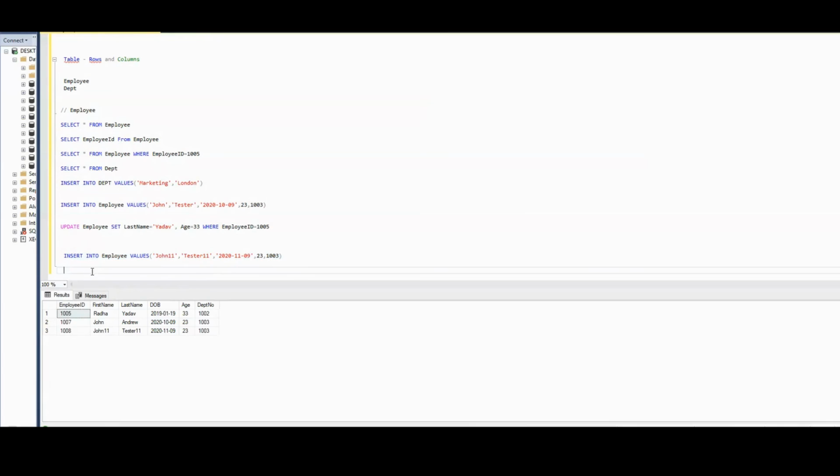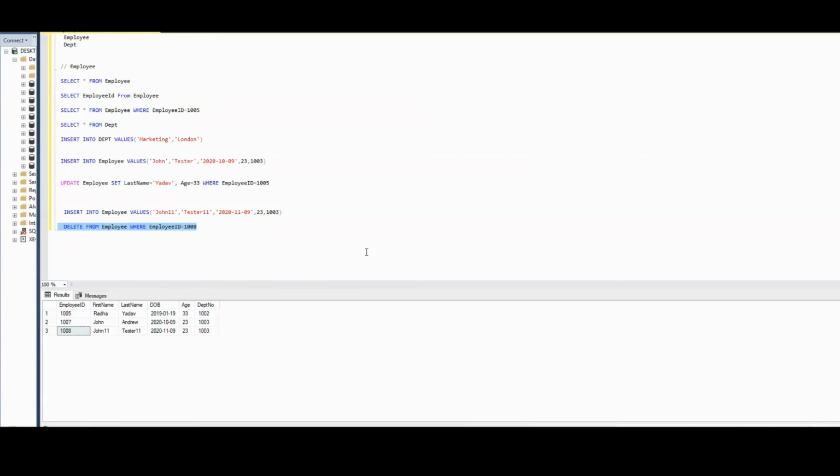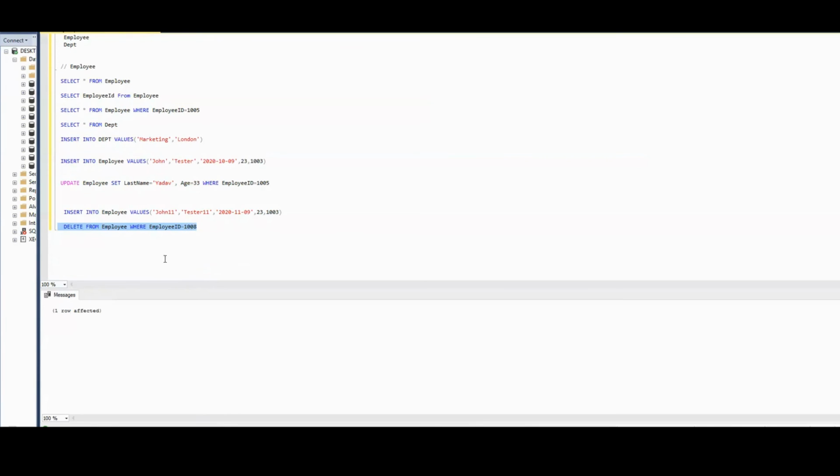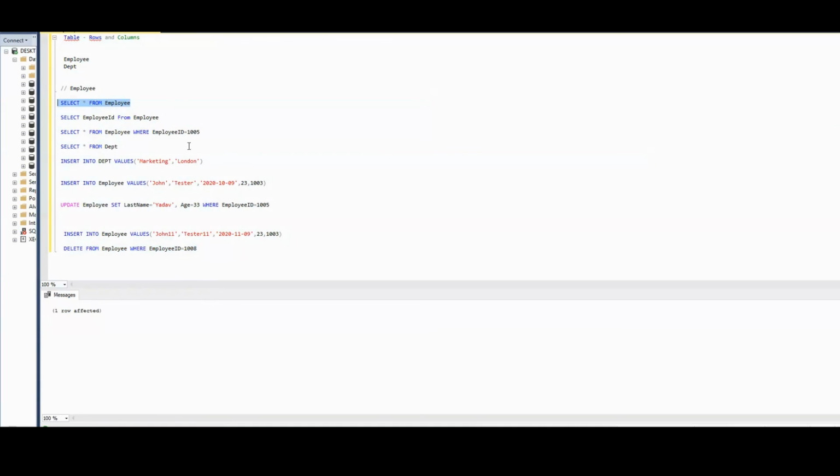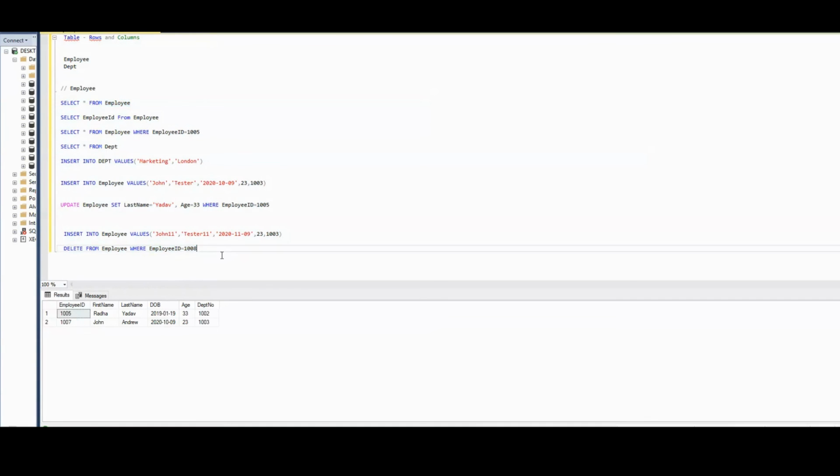Say, for example, this record was inserted by mistake, and you would like to delete the record from the table. You can use the delete statement here. So delete from that table name, and you have to again specify the ID here because you cannot delete all the records. You only want to delete the record for employee ID 1008. So specify that employee ID and execute that. The query is successfully executed. Now you can go and check the records again, and employee ID 1008 doesn't exist. So this is the example of the insert,